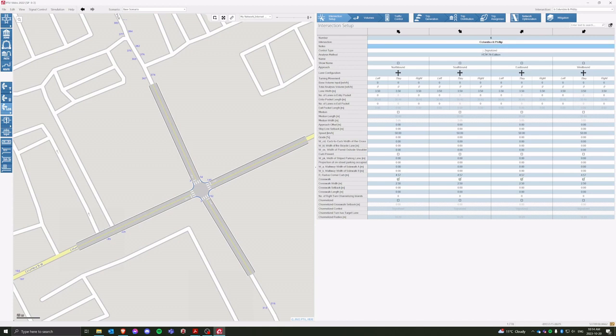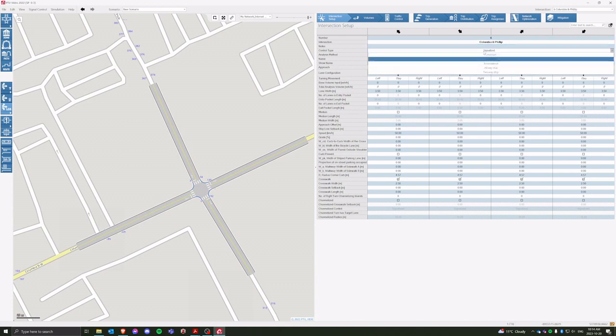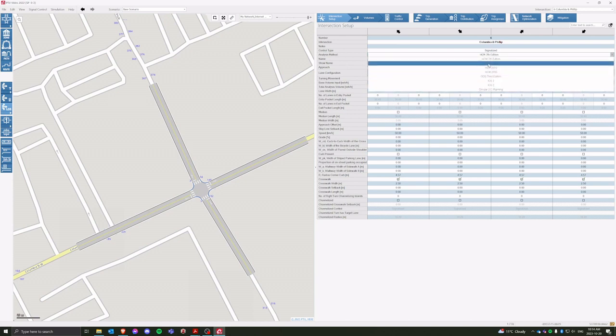We can add in any notes. Our control type will be signalized. Our analysis method, so VISTRO gives you a number of different ways you can analyze the intersection. Most of the time you'll be working with HCM, so Highway Capacity Manual, and which edition or year you pick